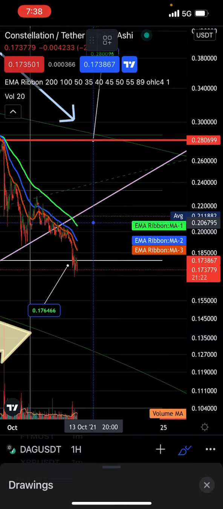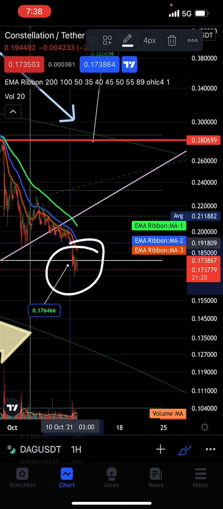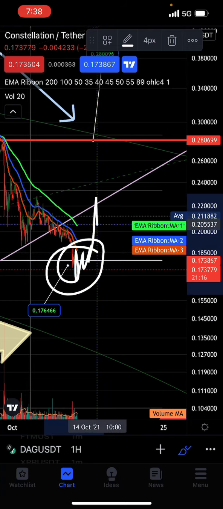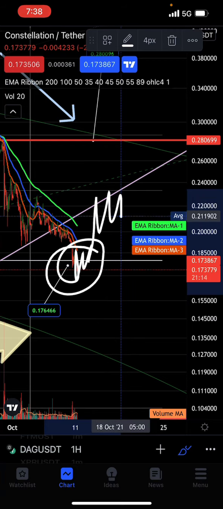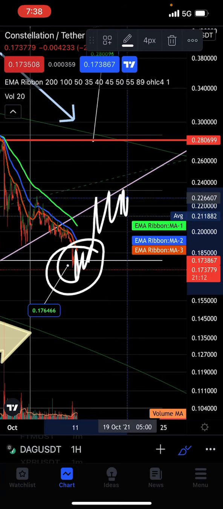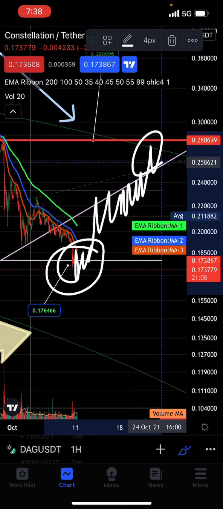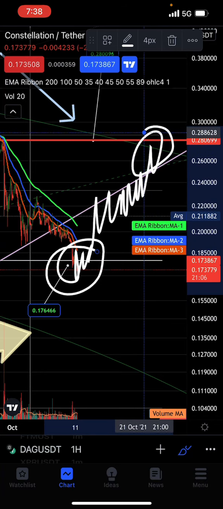Why do I always go there? The drawing tool used to be there. So with our industry exclusive drawing tool, you got to hope you hold this right now, and then you fight back up to back test this old underneath support that's now new overhead resistance. And if you do, the highest you're going to get, to me, Ashley, right now, is the 0.280,